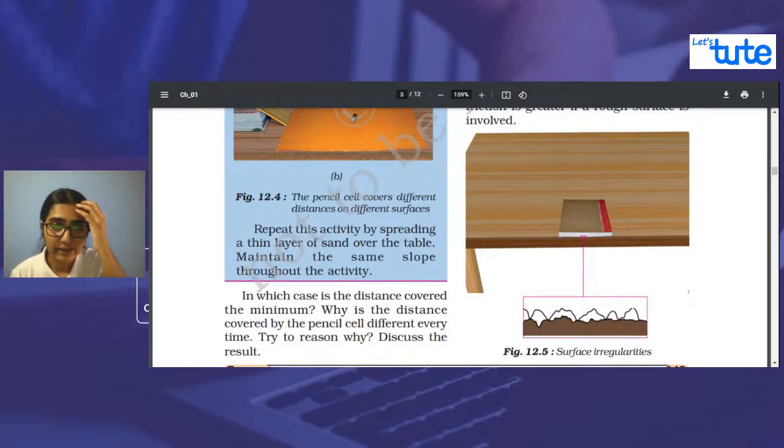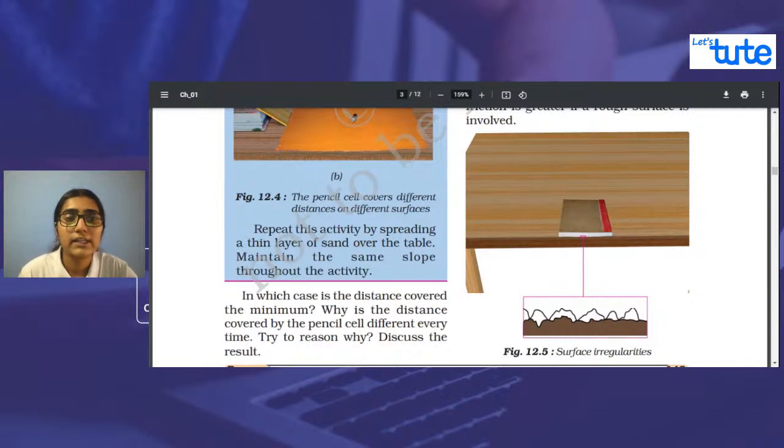First was the irregularity. So the smoother the surface, the less would be the friction. So if a surface has a lot of friction, then it's not smooth. If the surface of either the object or the surface is smooth, the force of friction would be less and the object would move easily over the surface. Even smooth surfaces have a certain irregularity. Now, what does this mean?